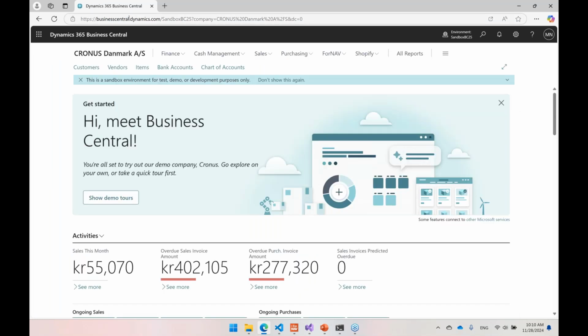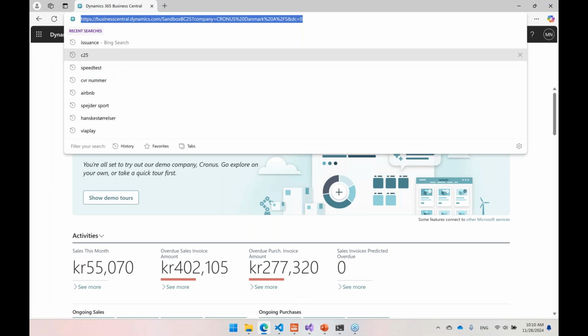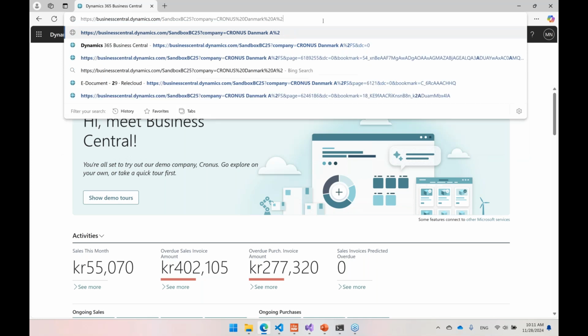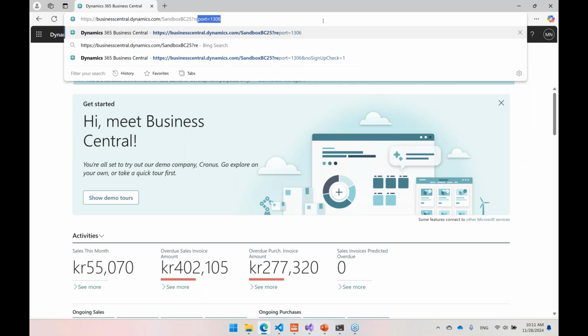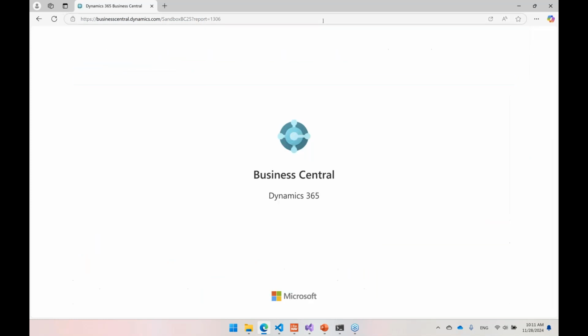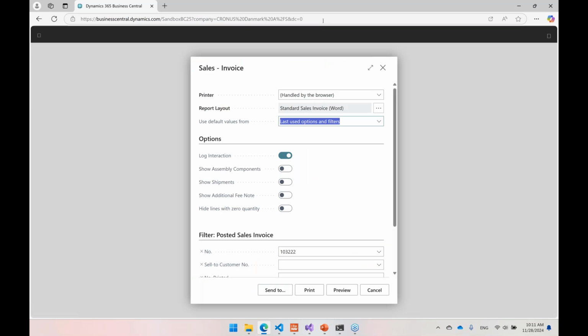And to use this, I can basically use any FONAV report that produces an invoice or credit memo, but it also works for the built-in BC reports or for custom reports. So I'll simply go up here and run the standard Microsoft Word invoice report to show you how this works. So typically you would use the scenario where you go into BC and do post and send.